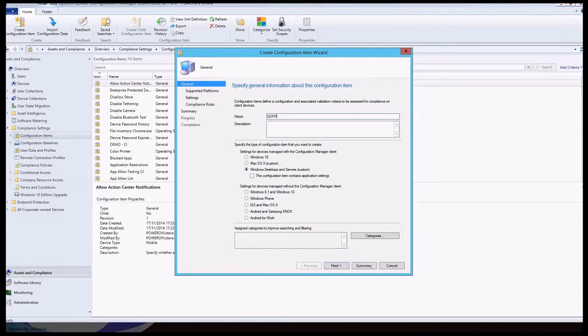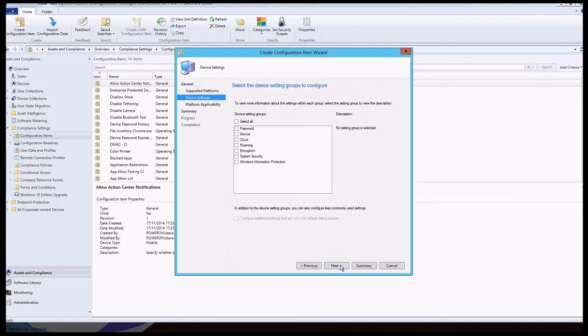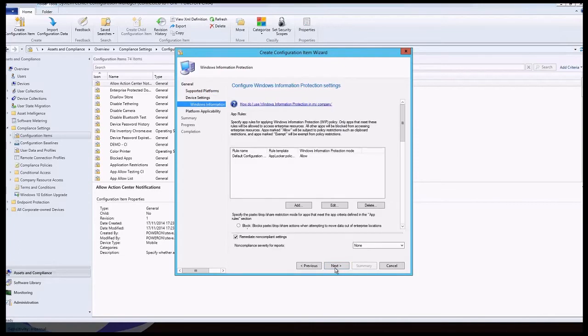Select the Windows 10 platform for config manager managed devices, and then we can pick the Windows information protection settings. Right, yeah, so here we can actually do the magic to